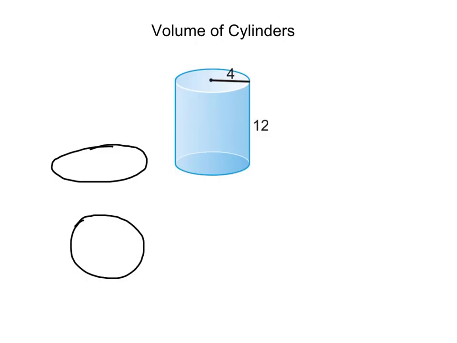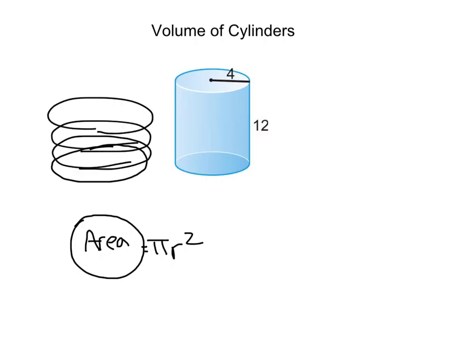All right, well, that circle has an area, right? And we know how to find the area of a circle. It's pi times radius squared. But if I had a circle just flat, I would have an area. But if I had a bunch of circles stacked on top of one another, like coins, right? To start stacking up these circles on top of one another,